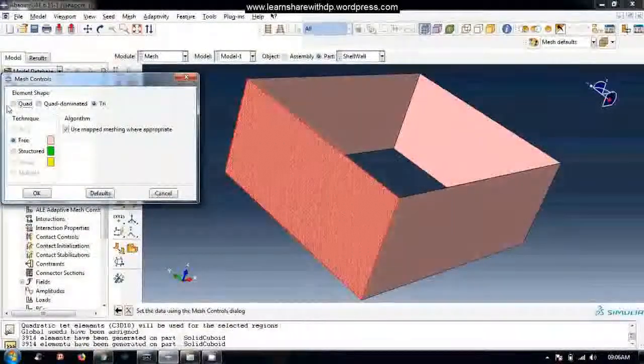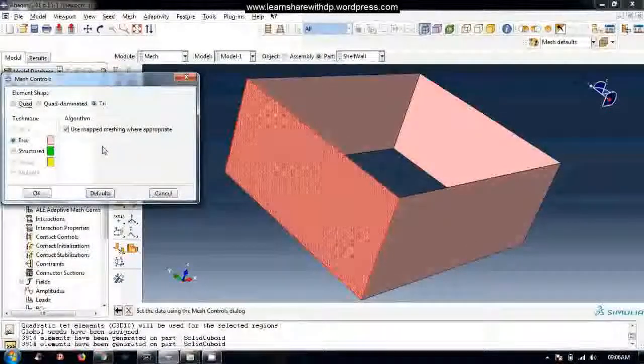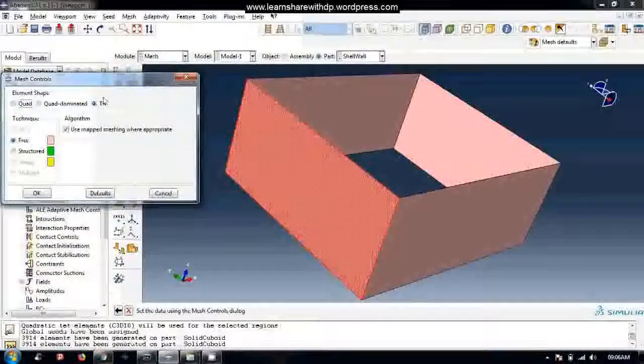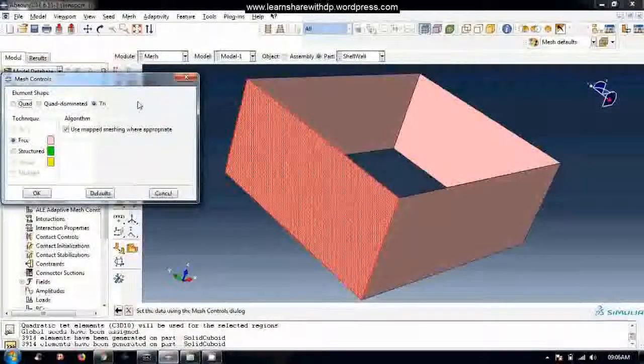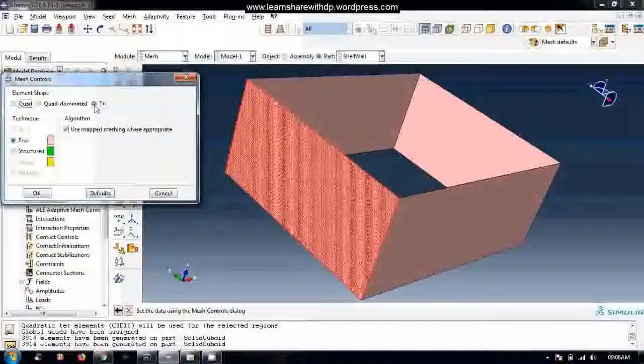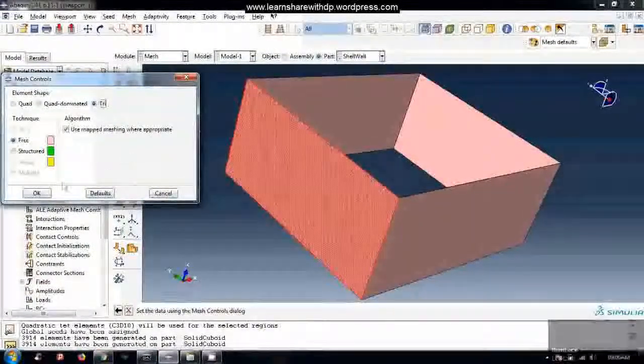So quad and quad dominated are basically rectangular elements, and the last one, denoted as tri, is the triangular element. I want to mesh this face with tri elements, so I will check this tri and click